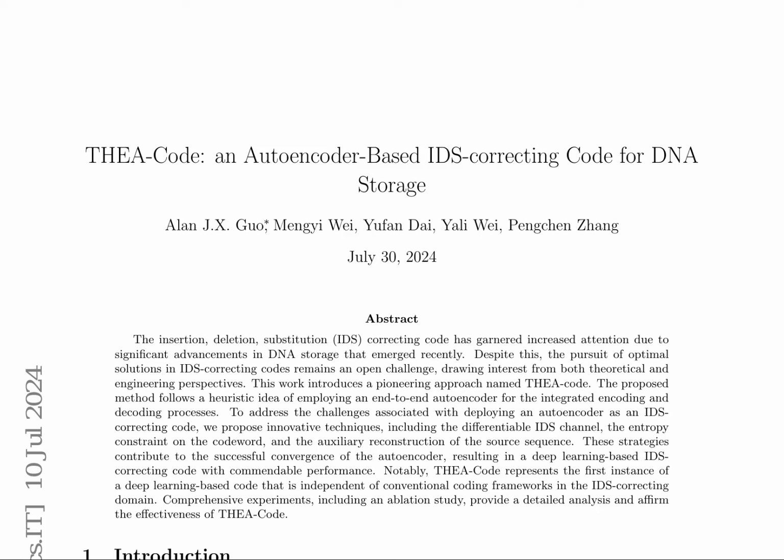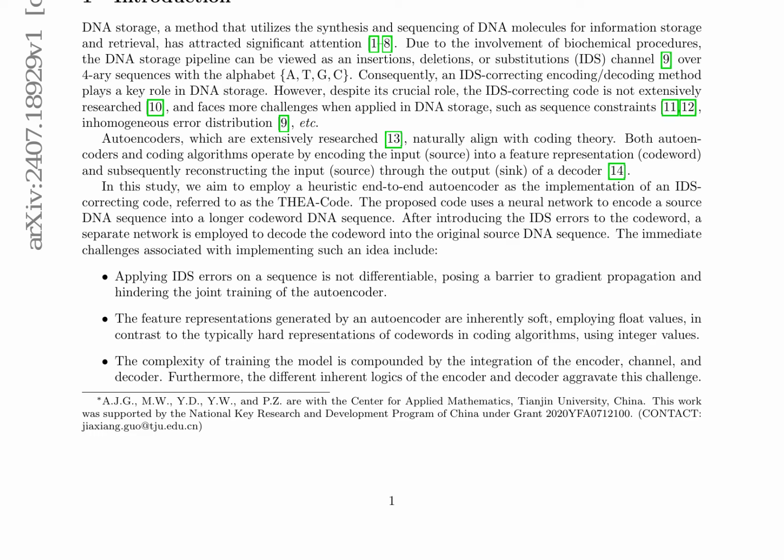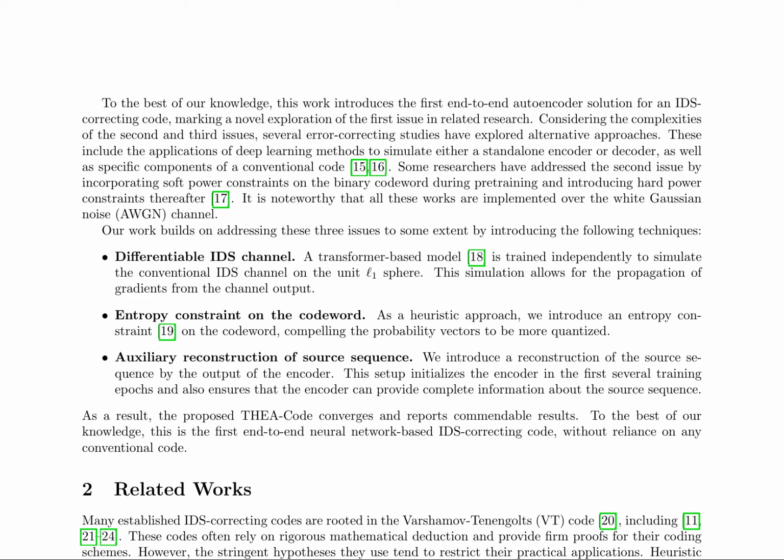The THEA-Code is an autoencoder-based IDS-correcting code for DNA storage. It addresses the challenges of DNA storage by employing an end-to-end autoencoder for encoding and decoding processes. The code introduces innovative techniques such as the differentiable IDS channel, entropy constraint on the codeword, and auxiliary reconstruction of the source sequence. These strategies contribute to the successful convergence of the autoencoder, resulting in a deep learning-based IDS-correcting code